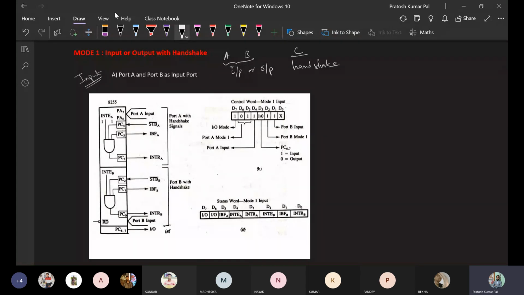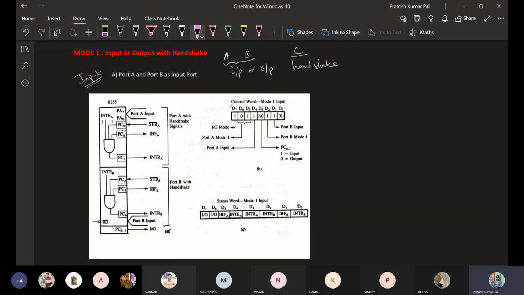If it is working in input output mode, then the D7 bit will be 1, which indicates the input output mode. The last bit, D0, indicates port C lower. Here port C is going to work in input and output mode, so D0 is made don't care.